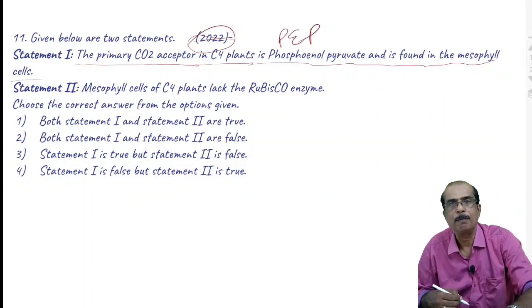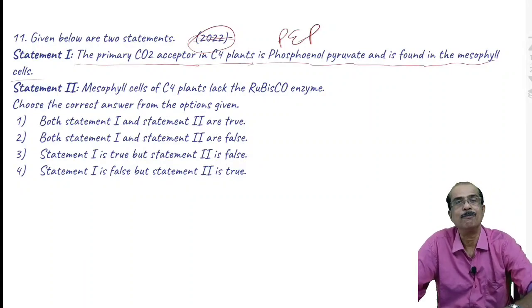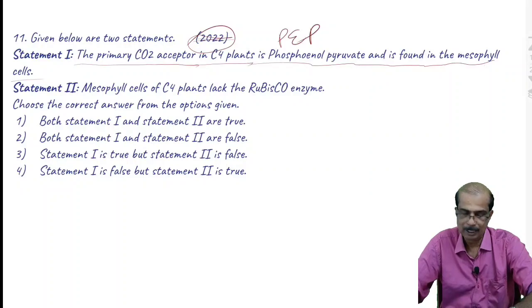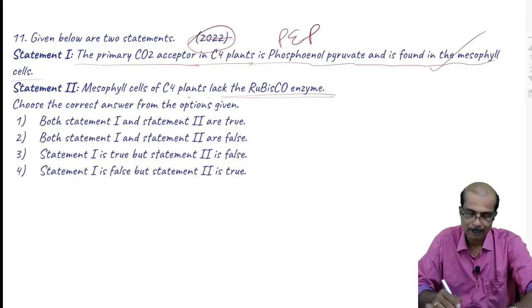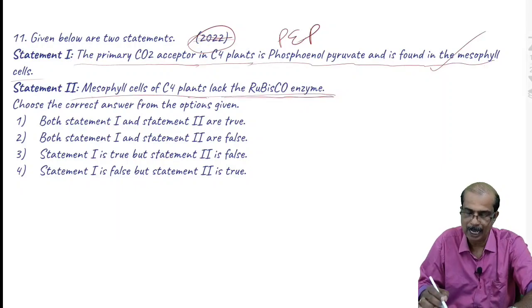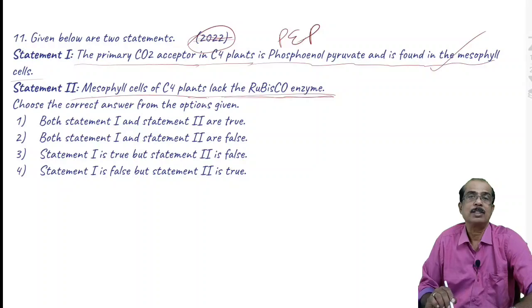In the case of C4 plants, the primary carbon dioxide acceptor is PEP, phosphoenol pyruvate, and it is present in mesophyll cells. The statement is very correct. Statement 2: mesophyll cells of C4 plants lack the Rubisco enzyme. It is also correct. Mesophyll cells of C4 plants lack Rubisco enzyme in order to minimize the oxygenation activity